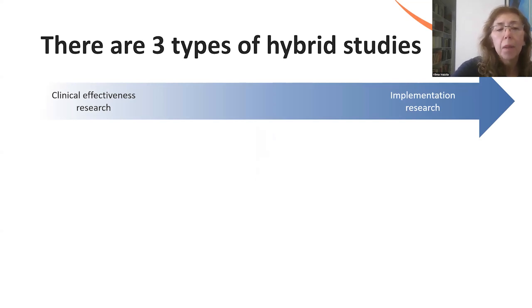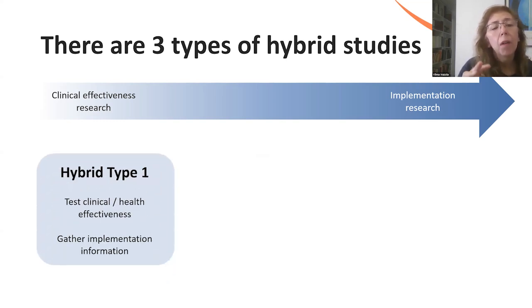The three types of hybrid studies vary basically on the amount of emphasis on clinical or health effectiveness versus implementation outcomes. A type 1 hybrid focuses primarily on the clinical effectiveness outcomes of the intervention, while exploring the implementability